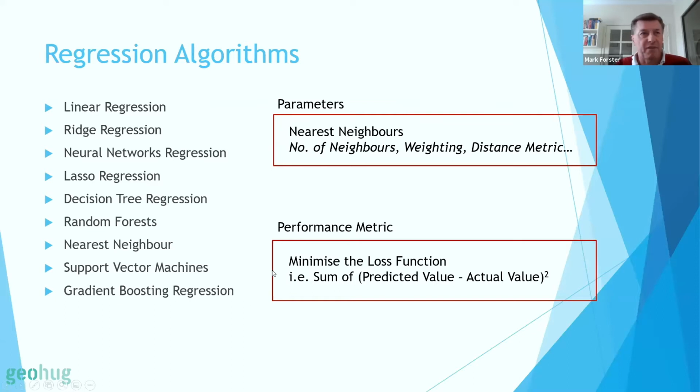We also have support vector machines and gradient boosting. Neural networks, although they've been around a long time, are essentially what we now call deep learning. They now have hidden layers in their architecture, and they're typically referred to as deep learning, and they're heavily used in computer vision, language understanding, etc.